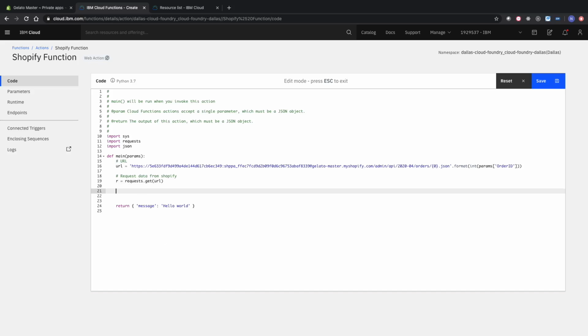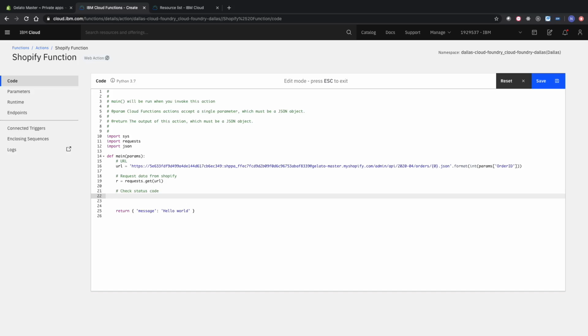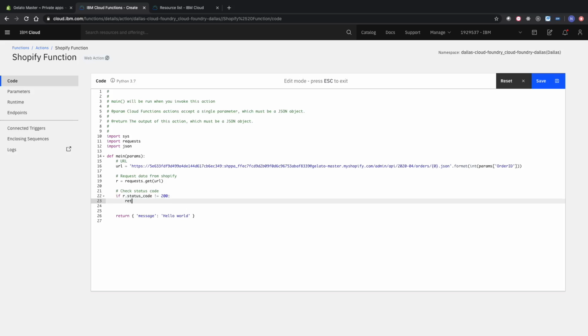Now, we want to do a little bit of error checking when we're passing the results of this web action. So we're going to just make sure that our status code is correct. So a status code of 200 is a valid request, no errors. Anything apart from that is probably going to be an error. So we're going to just set up our conditions like that. So we're going to say if r.status_code doesn't equal 200, then we're going to return